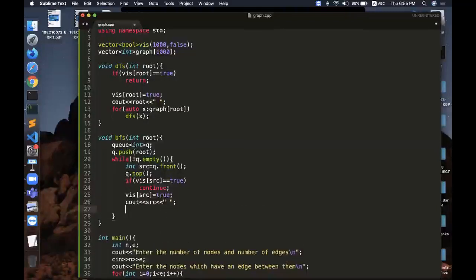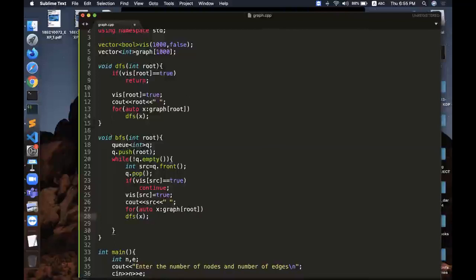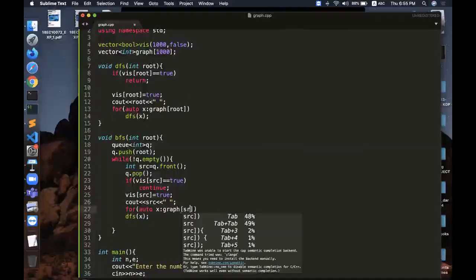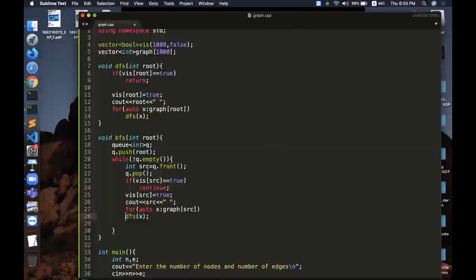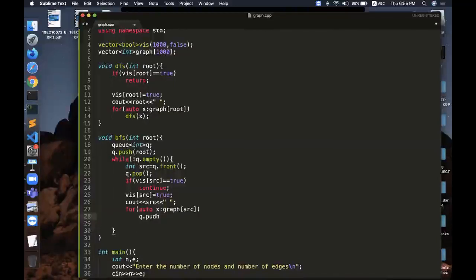Then I traverse through the adjacency list of SRC, and I simply push it into the queue.